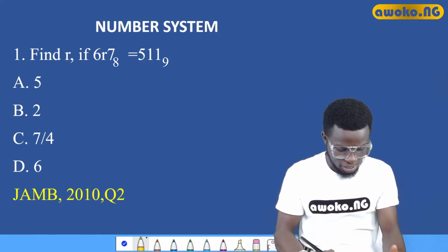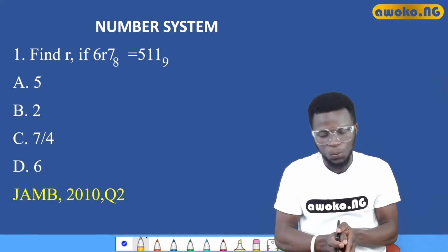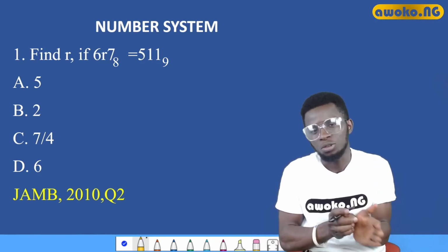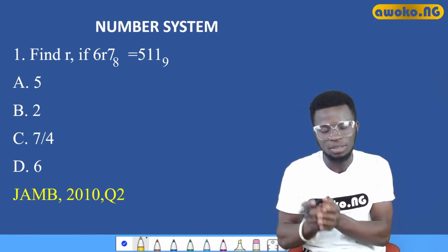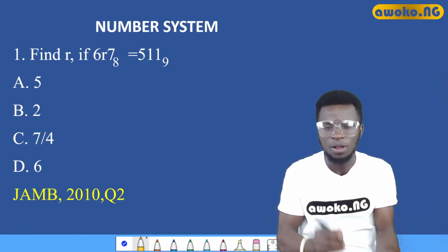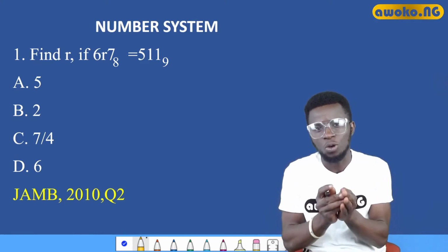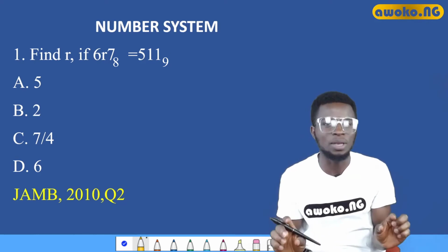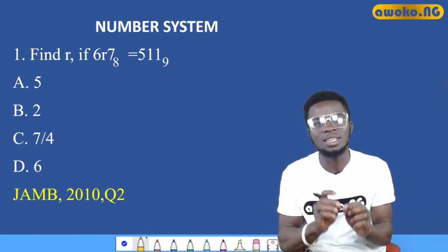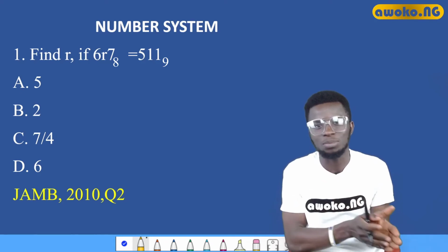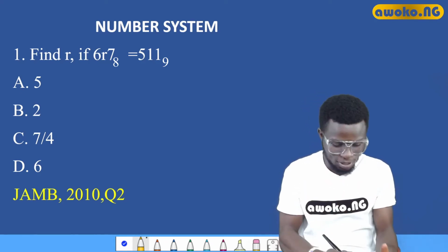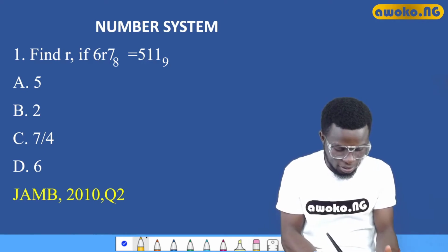but you realize that we have the left hand side to be to base 8 while the right hand side is to base 9. So the first thing to do is to look for a way to convert both of them to the same base so that we'll be able to work with them easily. And the common base we can convert them to is base 10. So if you do this, you have